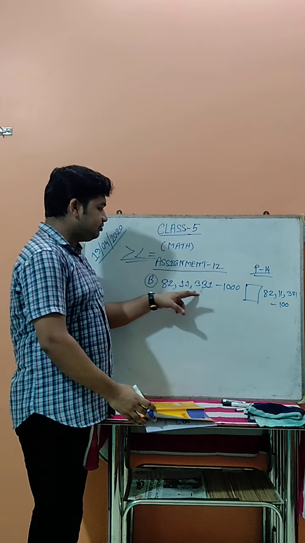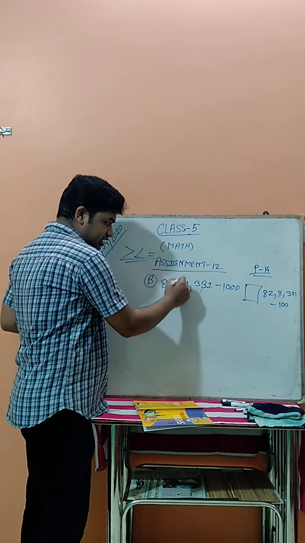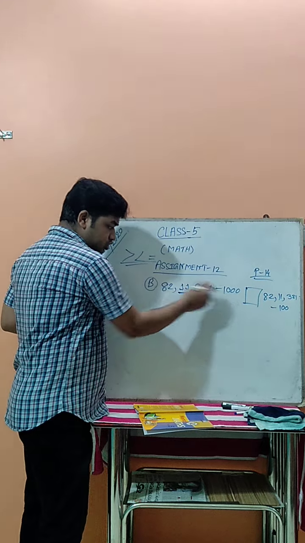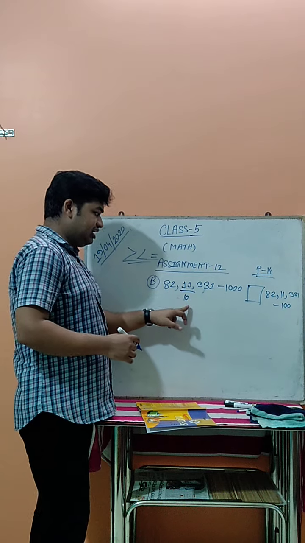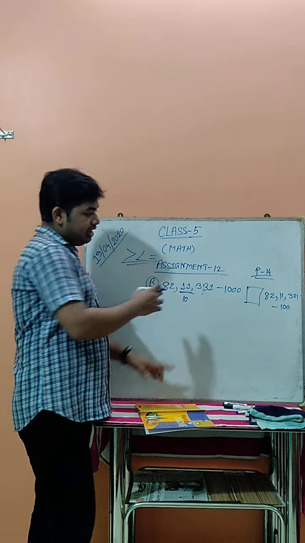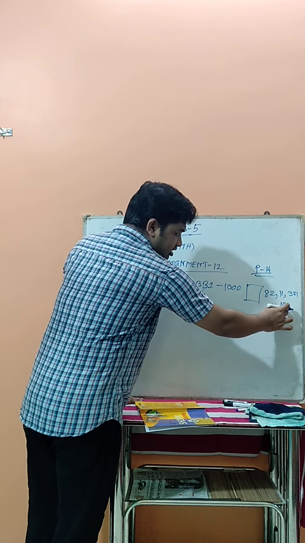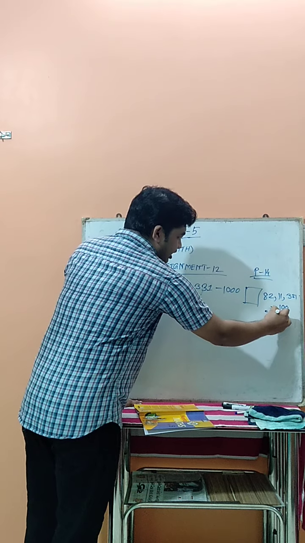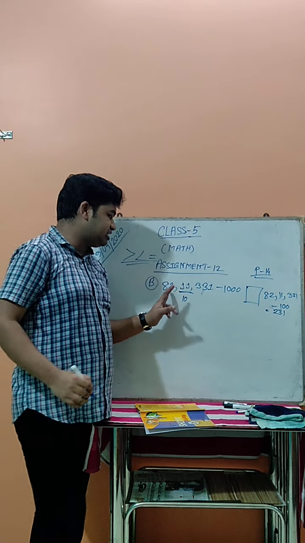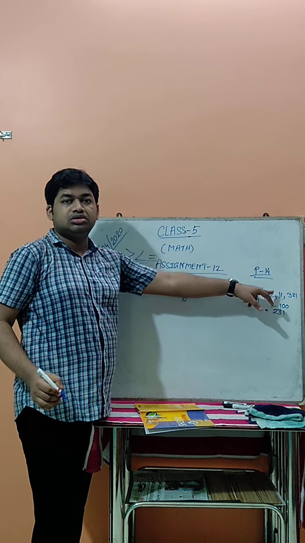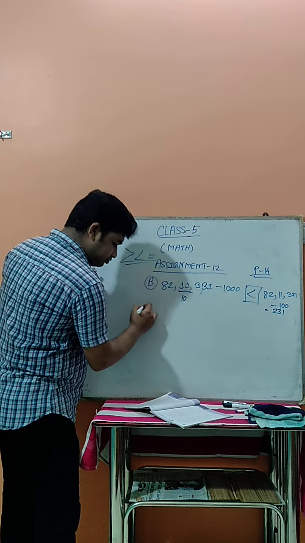Now you have to find out which one is bigger and which is smaller. If we subtract 1,000, this 11 place is the 1,000 place, so this place is reduced by 1. So 11 minus 1 is 10. Now it became 82 lakh 10,331. Here, if we subtract 100, 331 minus 100 becomes 231. So 82 lakh 11,231. Here is the 10,000, here is the 11,000. So which one is bigger? 11,000 one.